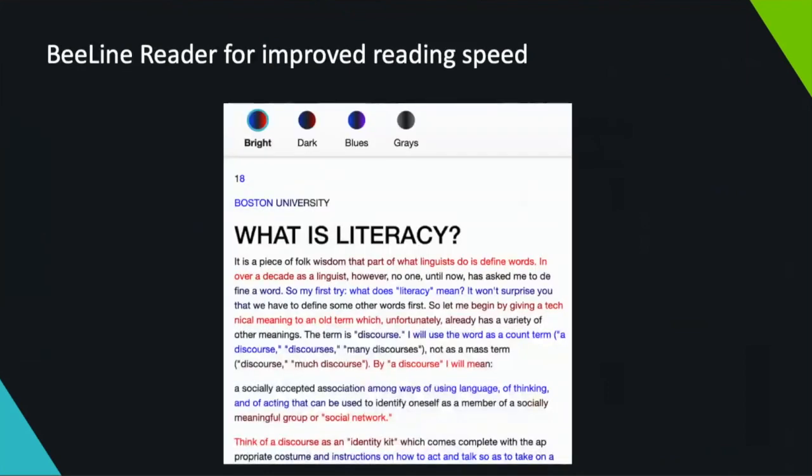I don't know, are you part of this pilot, Beeline Reader? So this is one we're piloting at Blackboard through Ally. It's something you can also look up on your own if you're interested in it. They provide lots of standalone kinds of tools, and so this Beeline Reader is an HTML format. What it does is it provides different options for the different kinds of color gradients line by line. They've done some research that has helped students who have line skipping issues really focus. It also was originally designed for speed readers. So they found that speed readers were using this.